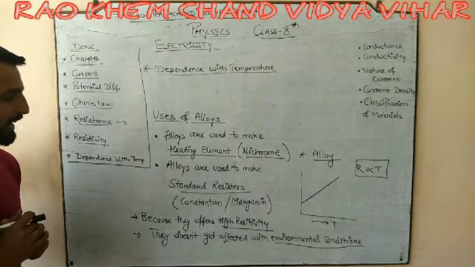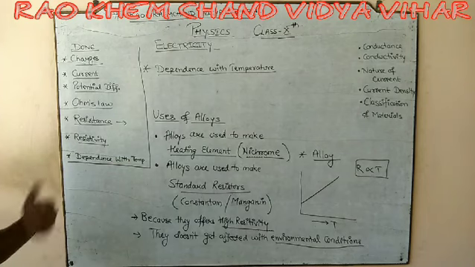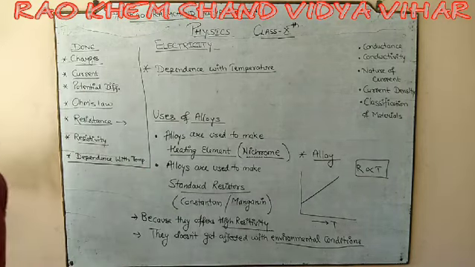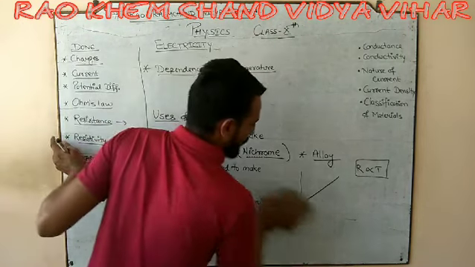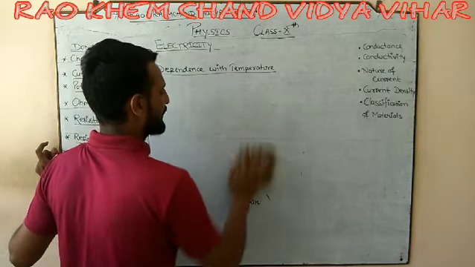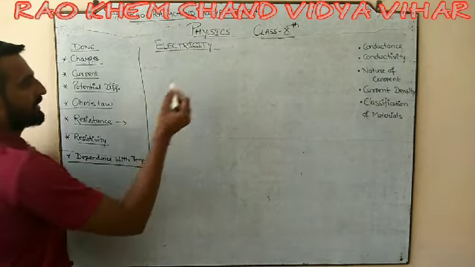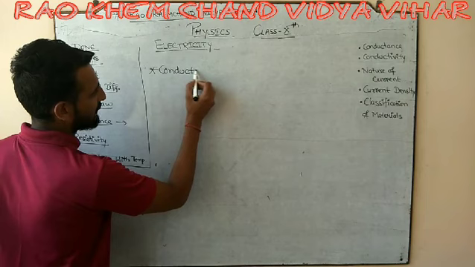So note down everything about alloys, and now we will come back and proceed to those definitions that we discussed. Please first of all note it down. After noting down, let us turn back to these small definitions. These will not take that much time. The first definition that we are going to discuss is conductance.